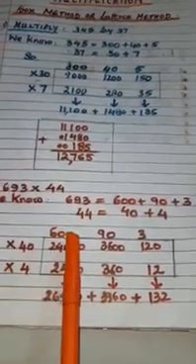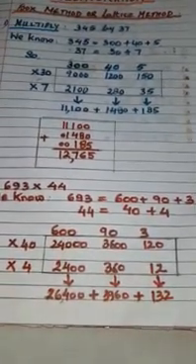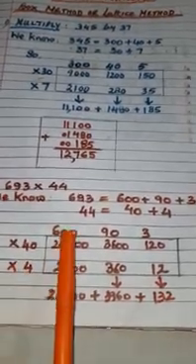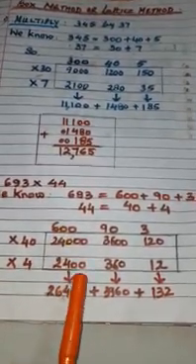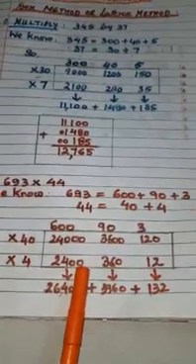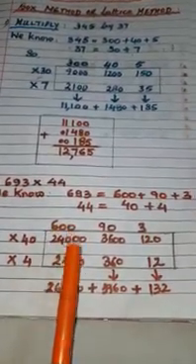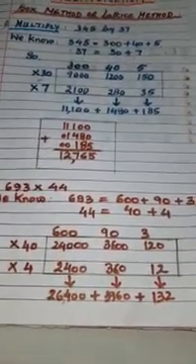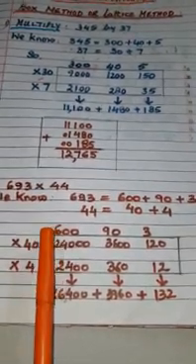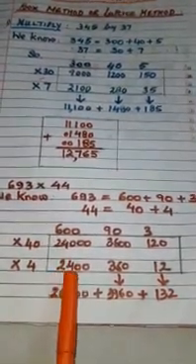Here we have 600 and here we have 4. So how many zeros in both? 1, 2. So I have written here. Count the zeros with me. 1, 2. These 2 zeros I have written here first. And all you know the table of 6 also. The 6 4s are 24.